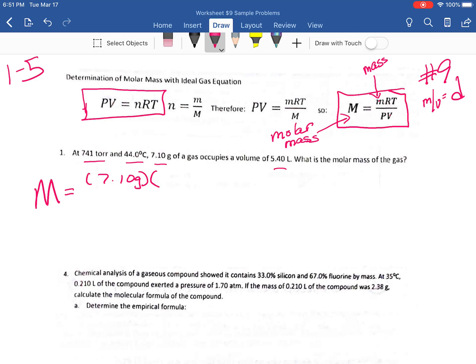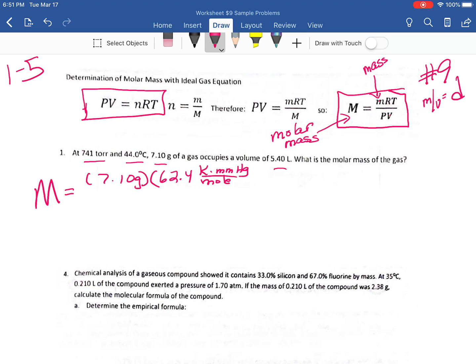Our pressure is given to us in torr, which is the same as millimeters of mercury. So I'm going to use the R that goes with millimeters of mercury, which is the 62.4 version. And that is